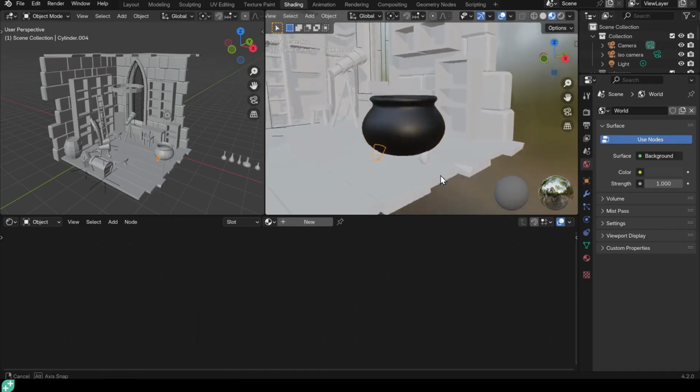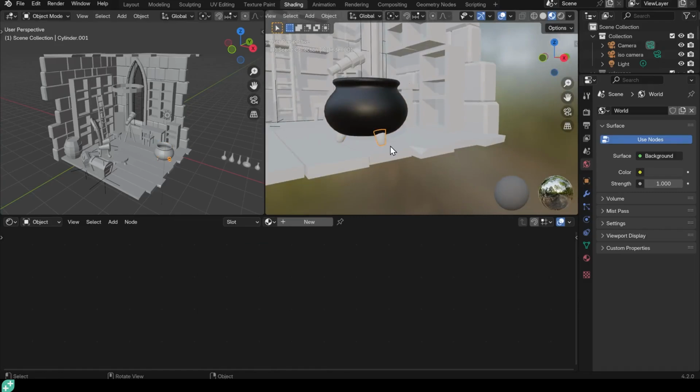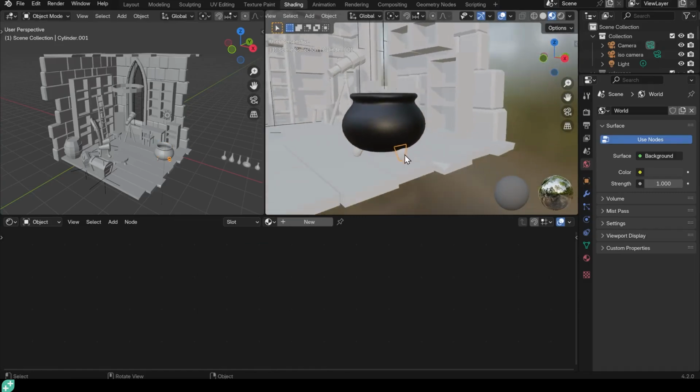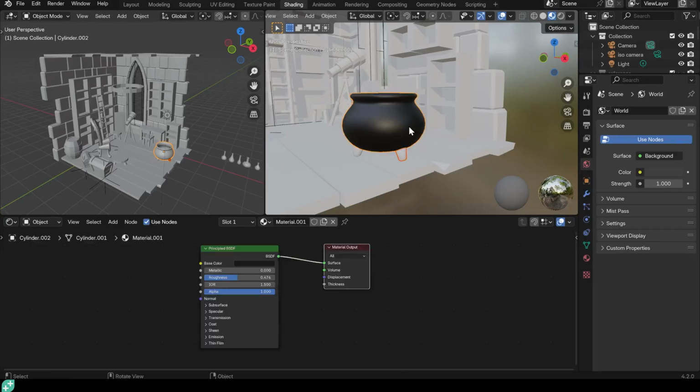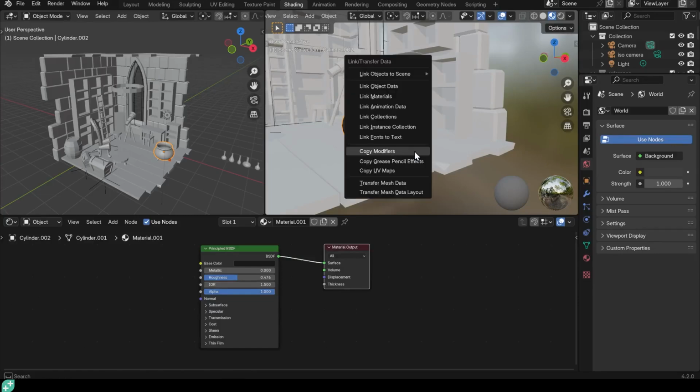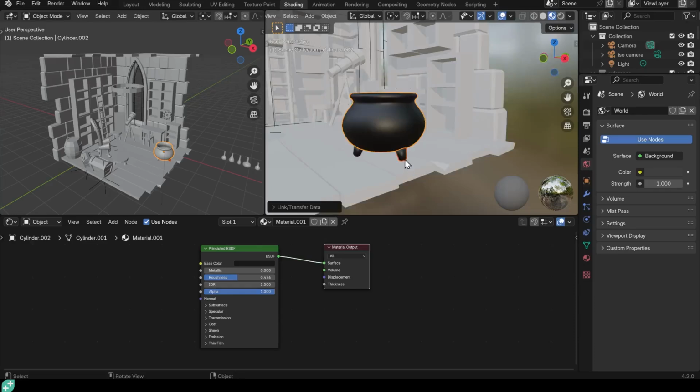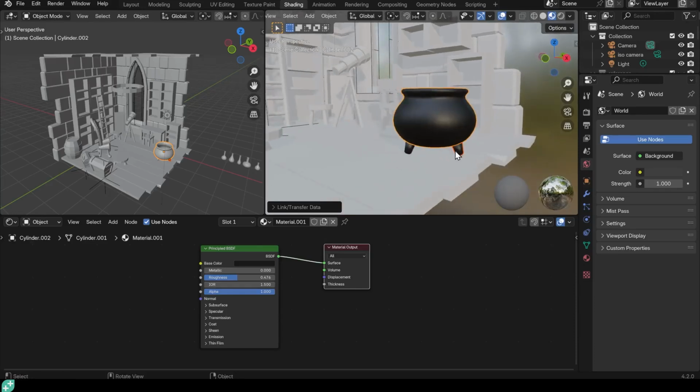And we can link materials, so these legs here, in fact I think they're linked duplicates, so I should be able to select one of these, select my cauldron last, so that's the active object, and Control L and link materials. And that's added that texture to all the feet because they are linked duplicates, so they share the same material. I should name my materials as well, so I'll call this black cauldron. I think I'm spelling that wrong, but it doesn't matter.